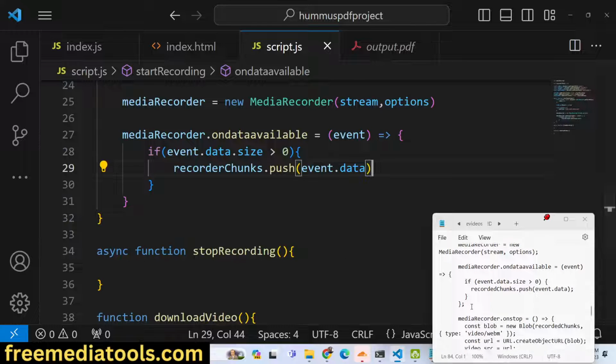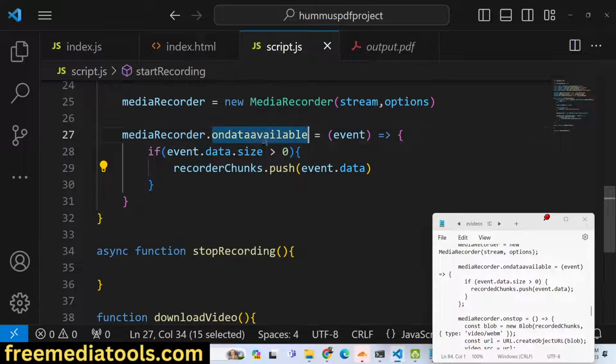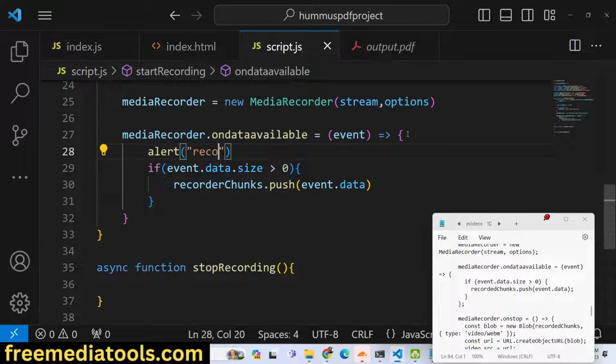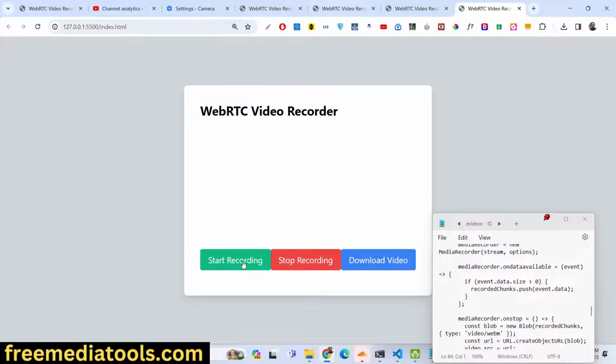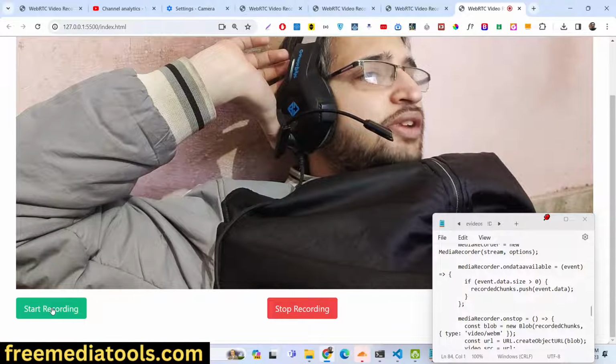So we will record the audio. This event will actually fire, guys, whenever we press the start recording button and whenever we are about to start the recording. So this event will automatically fire. If I basically say "recording starting," you can show a message on the screen. If I press it, now if you see, if I click that button,